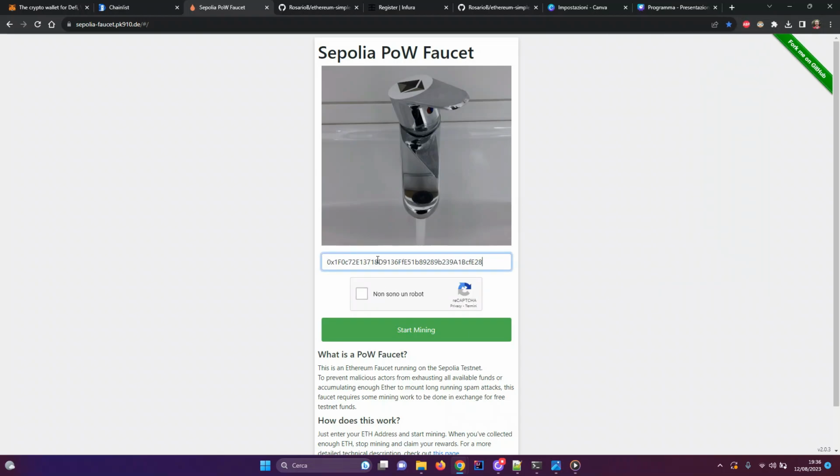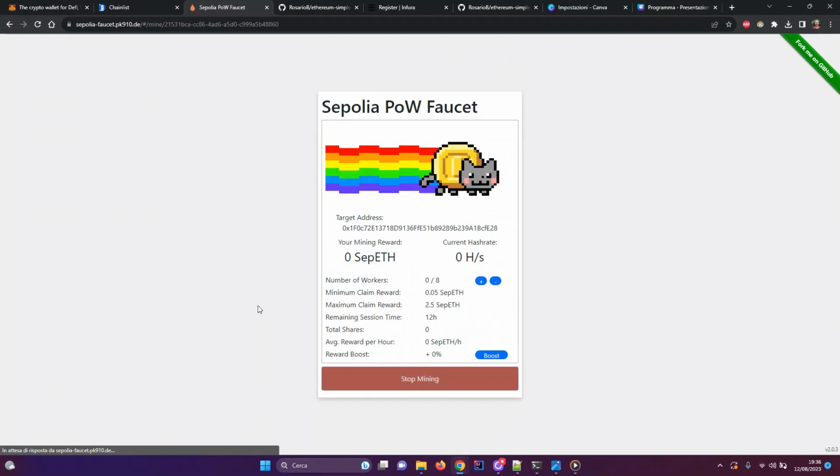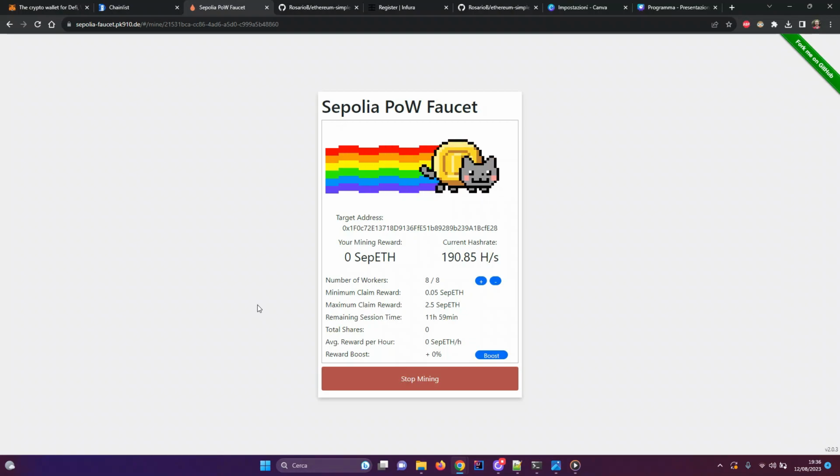We check this box and then we start the mining. What this mining basically does is that it will make use of our CPU work to mine some blocks, and we get some Sepolia ethers in reward.